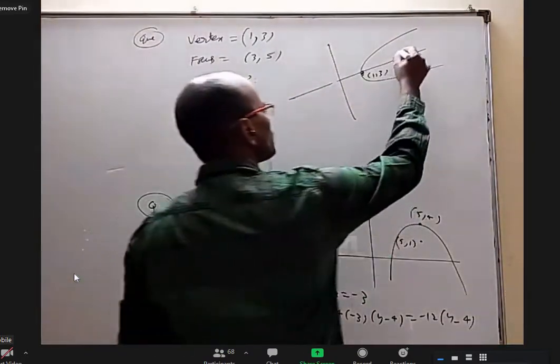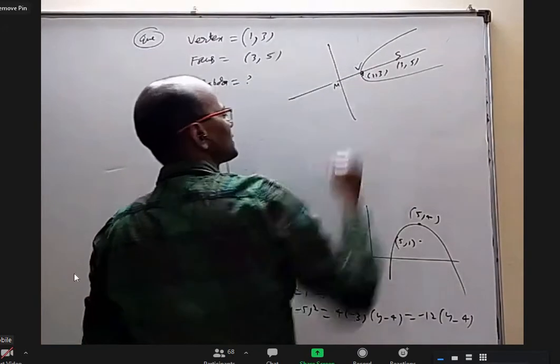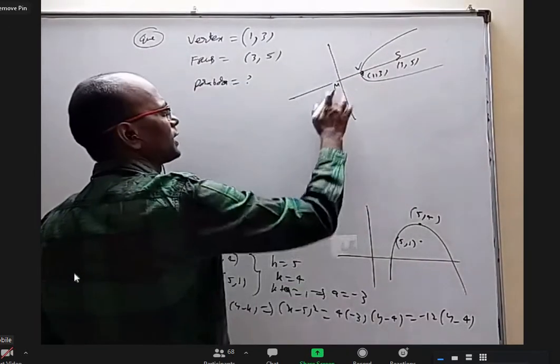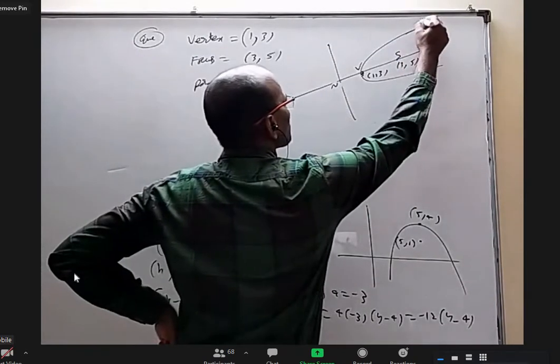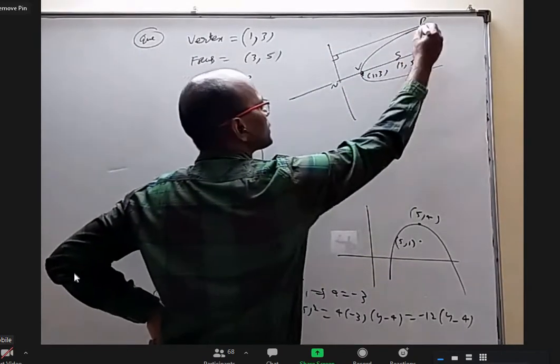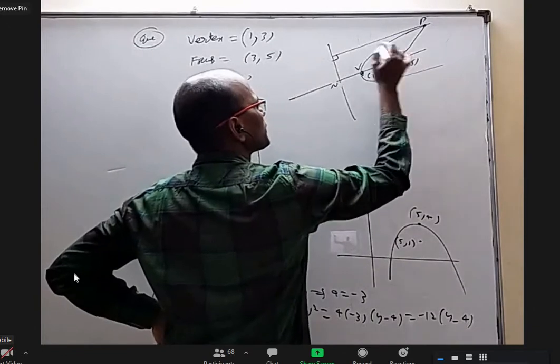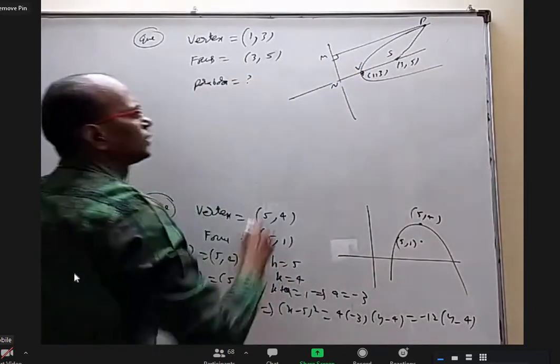All right. So this is focus S. This is vertex V. Let us call this as M or some other point N. Not a big issue. Okay. And any other point of the parabola is P, and this point is this, and we have SP equal to PM. Right. Okay.